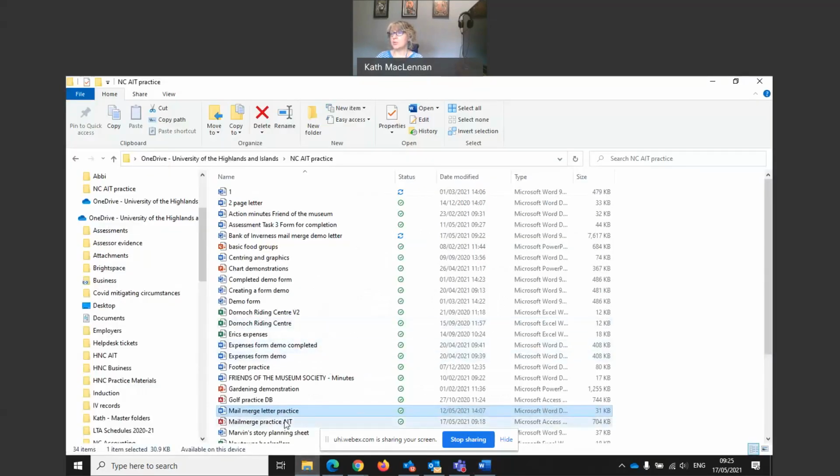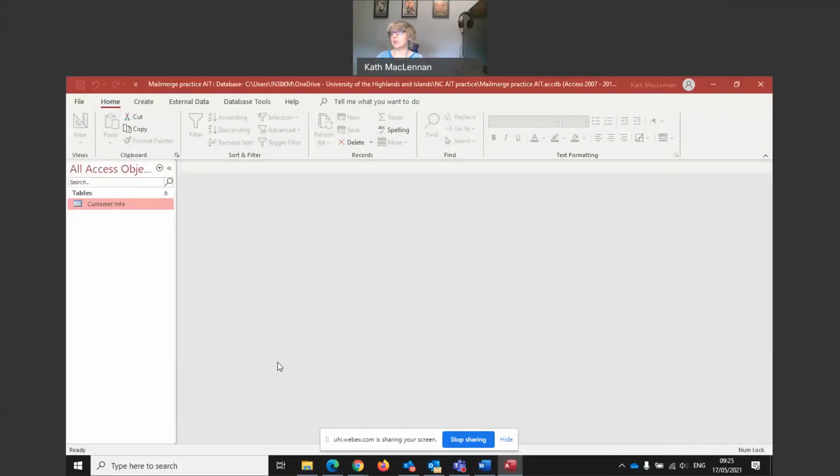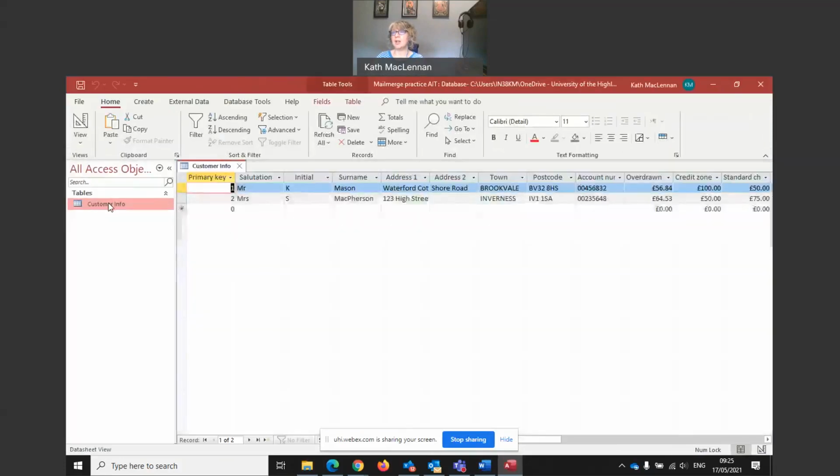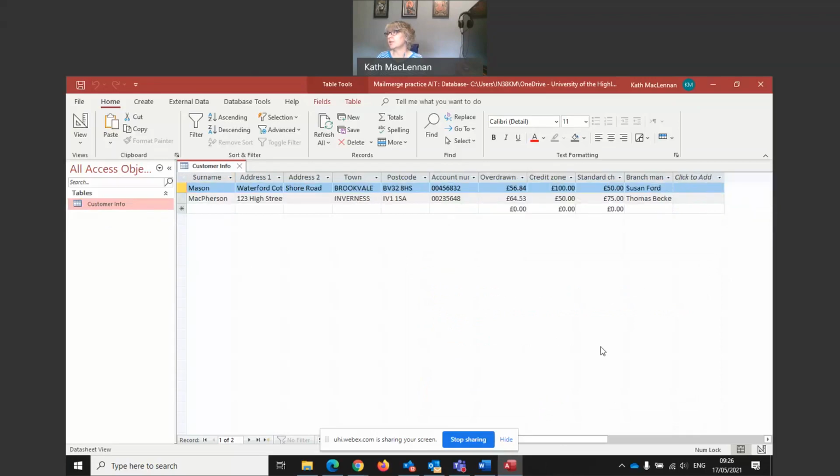If I go to the database, and we're merging from an Access database, you should already know how to produce an Access database, but if you can't remember or you need a refresher, go back and watch some of the demonstration videos for that as well. We can see in here we have our customer info table, and we've got Mr. K Mason, Waterford Cottage, Shore Road, Brookvale. His overdrawn amount is £56.84, credit zone £100, standard charge £50, and if we scroll along we can see